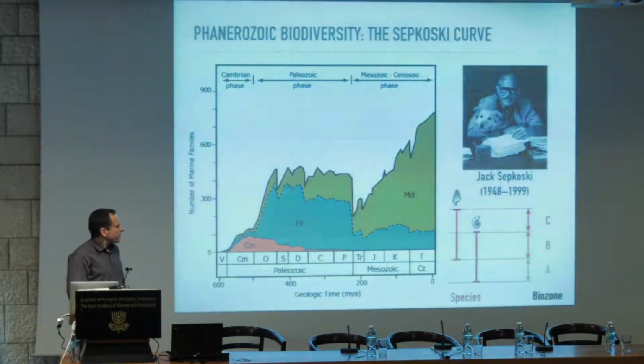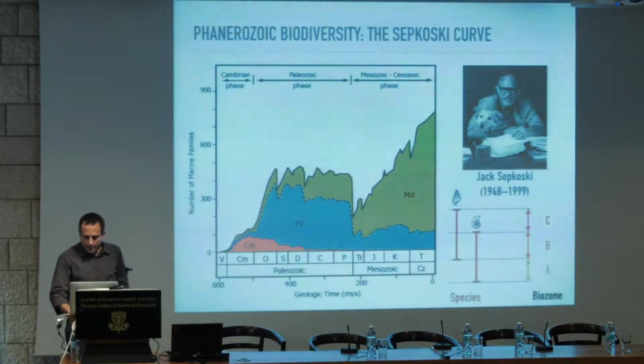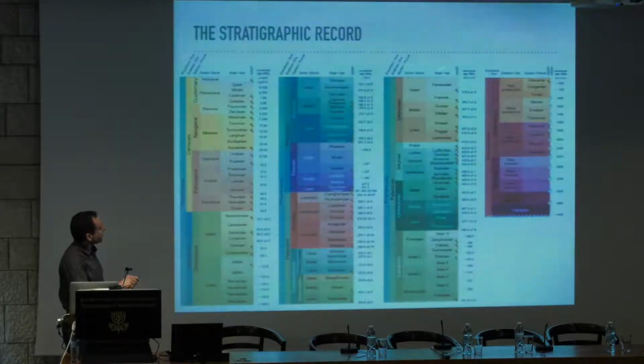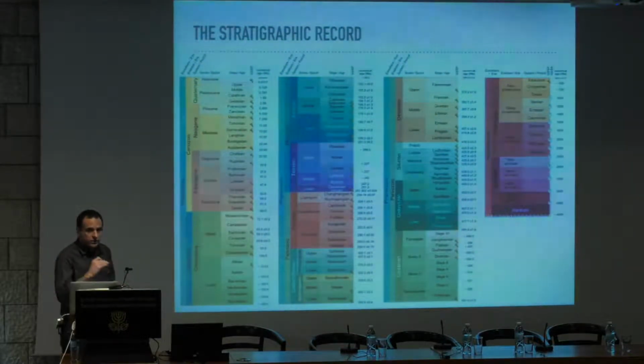And between them, with the overlap between them, we can define three biozones. Biozone A, in which only this ammonite was present. Biozone C, in which only the gastropod was present. And biozone B, in which both of them were present. And so this is what we can do with just two fossils. If we have many different organisms and assemblages of fossils, we can really cut time quite finely. And this is the reason that the Phanerozoic is so finely cut. These 540 million years are so finely cut